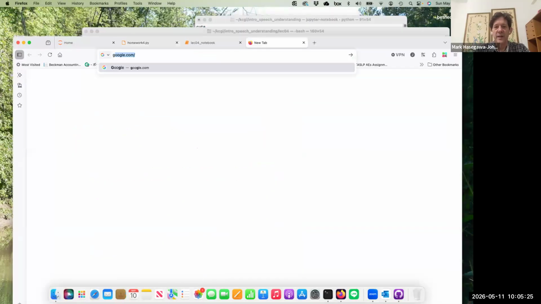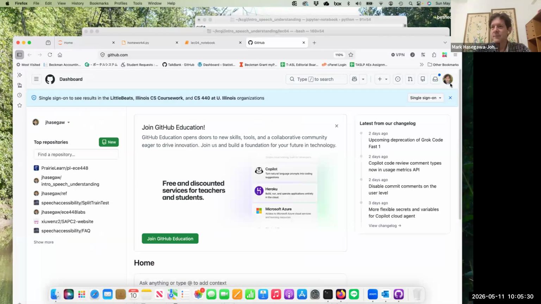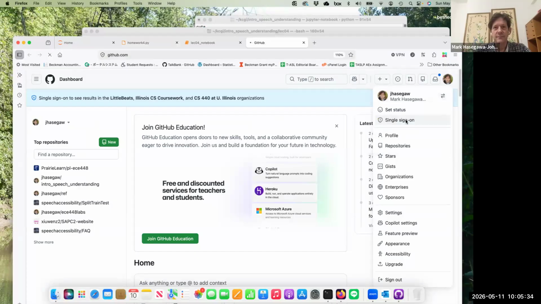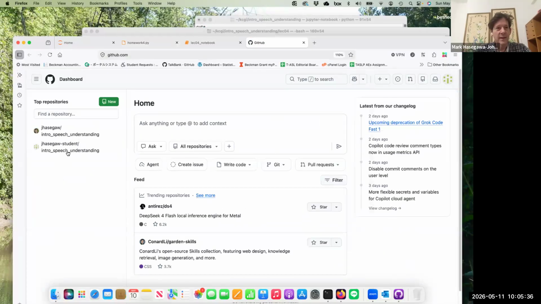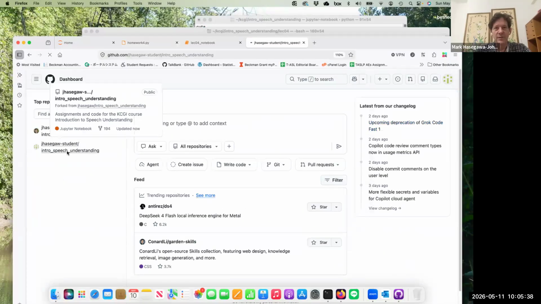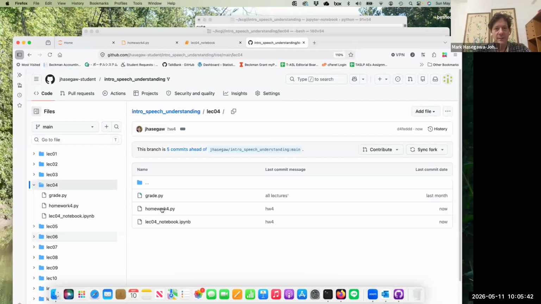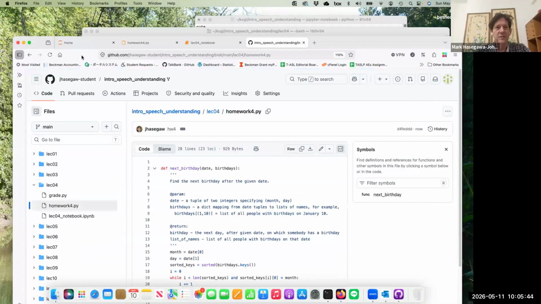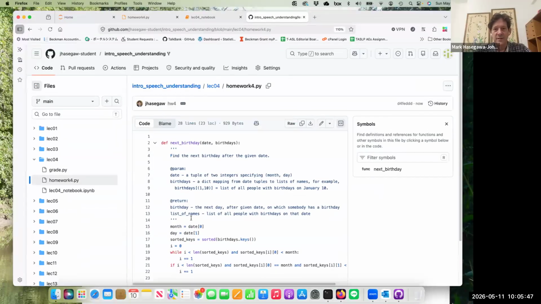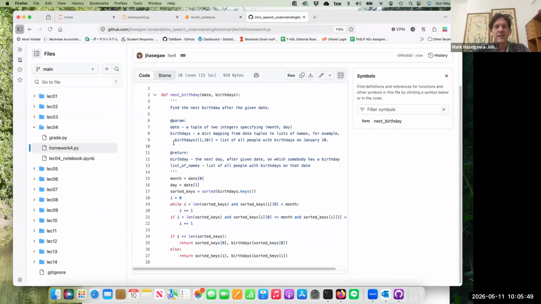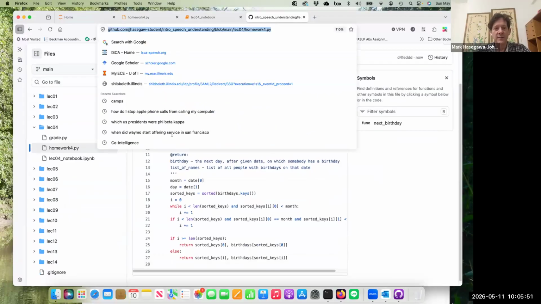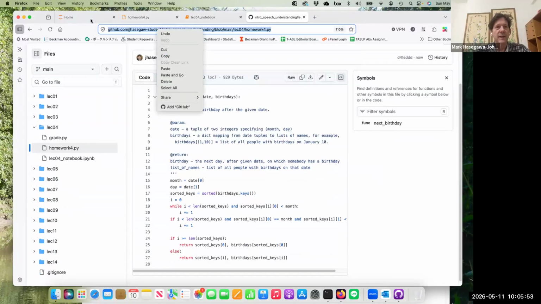Let me go to my GitHub page. Let me change from my teacher account to my student account. And on my student account, I should be able to look at lecture 4 and look at the homework and see the code that I've just written. There it is. There's the code that I've just written. And so I can copy this URL and go to